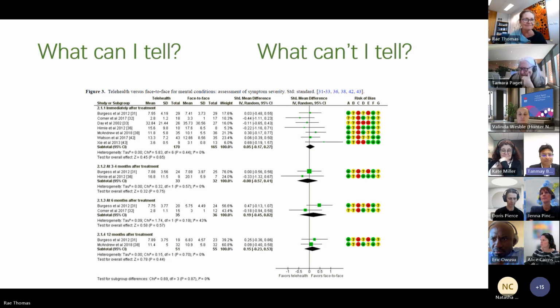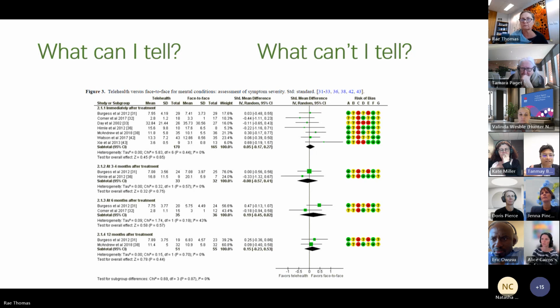Okay, so does it mean that in the first, smaller diamond, the findings favor face-to-face? Yes, you're right. The point estimate favors face-to-face for psychotherapy, but because it crosses that vertical line, it is not statistically significant. So even though the point estimate favors that, overall it is not statistically significant. It is not enough difference, which is good news for telehealth versus face-to-face if you're a proponent of telehealth. It means it's the same. In this case, it's not significant, meaning they're both equivalent.